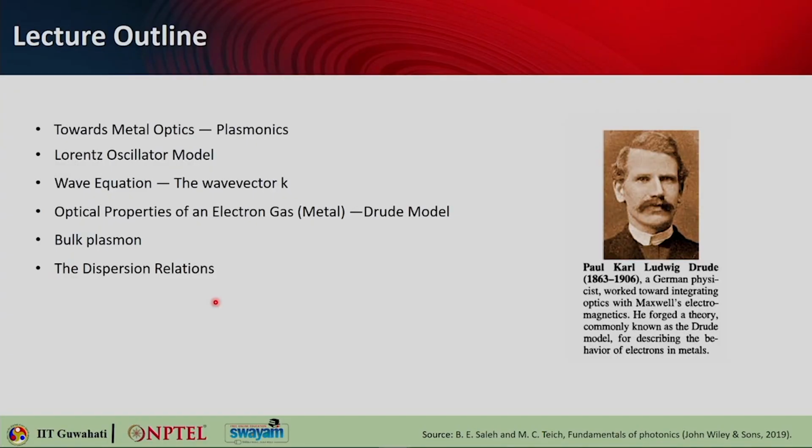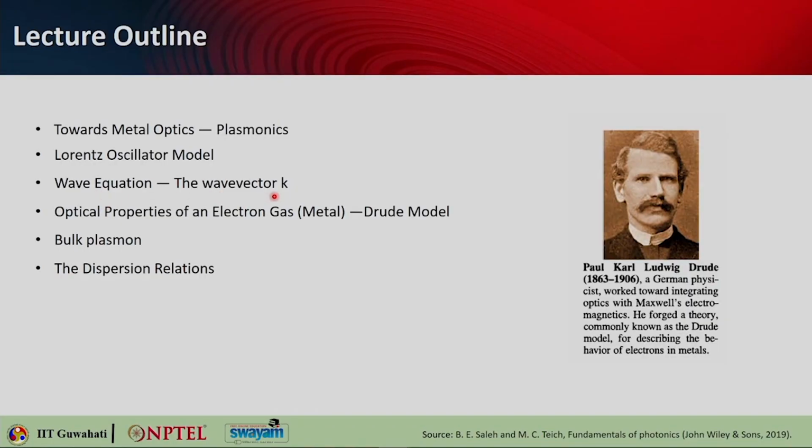Now here is the lecture outline. As I mentioned, we will be covering metal optics or plasmonics very briefly. The relevant models to explain the properties of metal will also be covered. We will be discussing the Lorentz oscillator model, we will discuss the wave equation and the wave vector k. We will look into the optical properties of an electron gas like that present in a model metal using